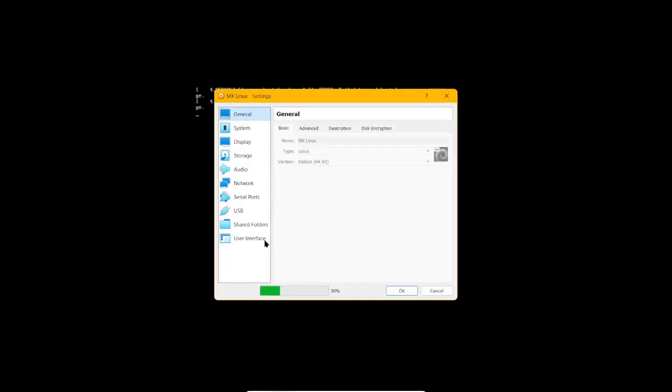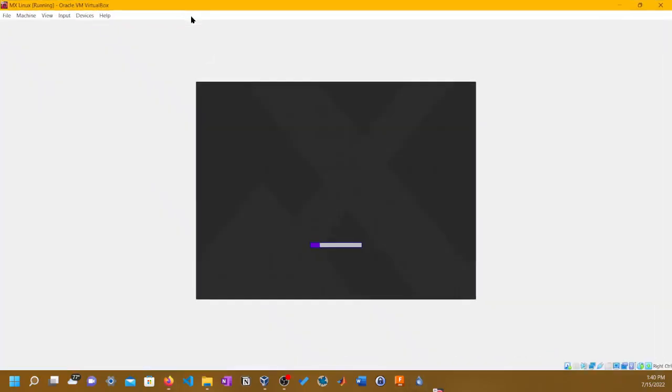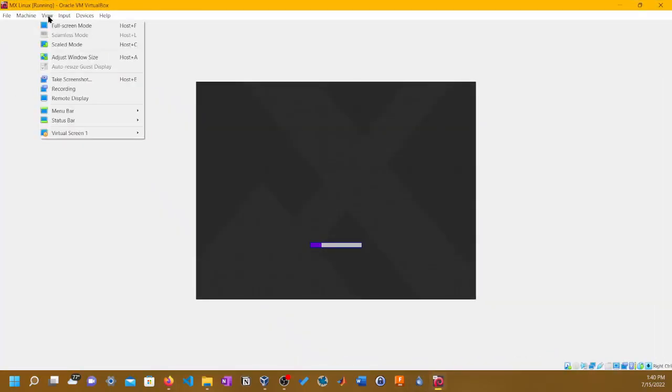Oh yeah, I forgot about that. Let's go to settings. Your interface, show at top of the screen. Okay, so let's do full screen mode.